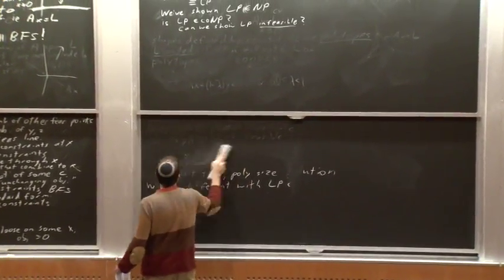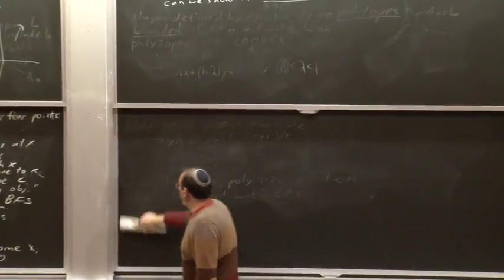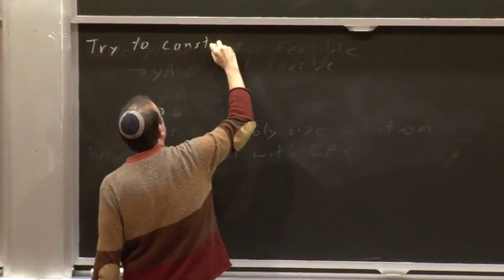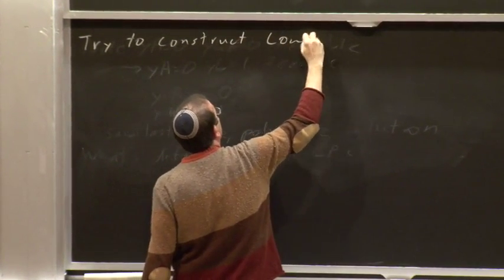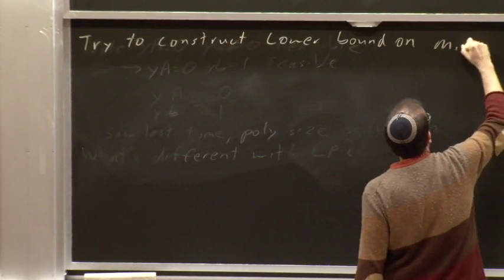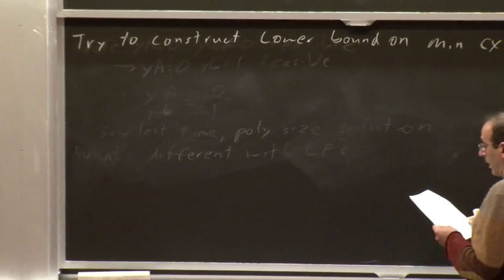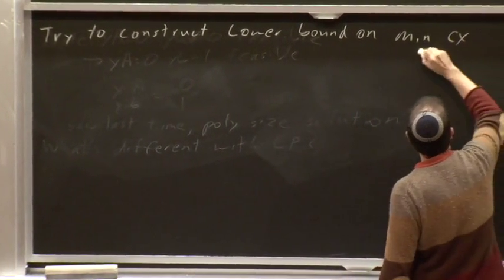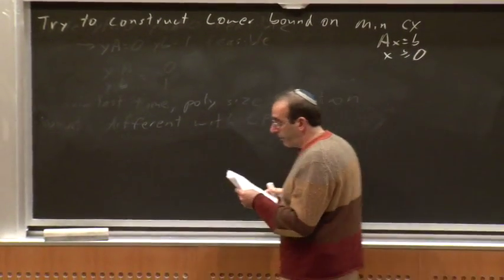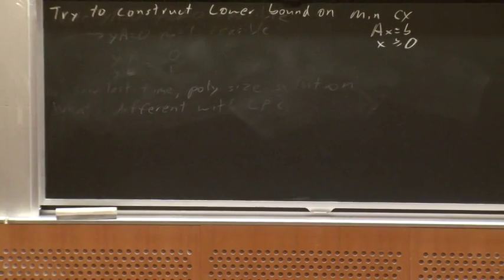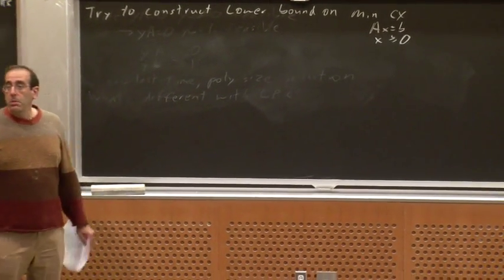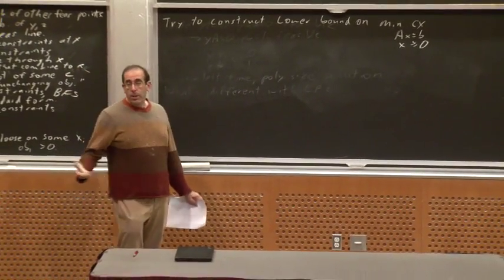In particular, we are going to try to construct a lower bound on the value of this objective function, min of cx, such that Ax equals b and x is greater than or equal to 0. So we're starting with some standard form linear program. And we are going to try to say, well, I can't find exactly the solution, but here's a lower